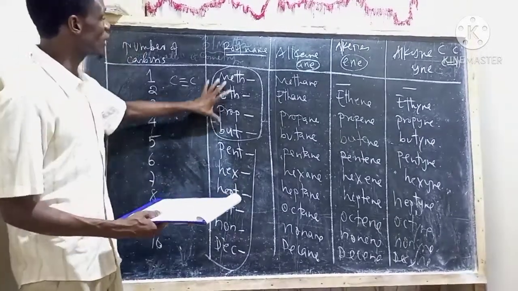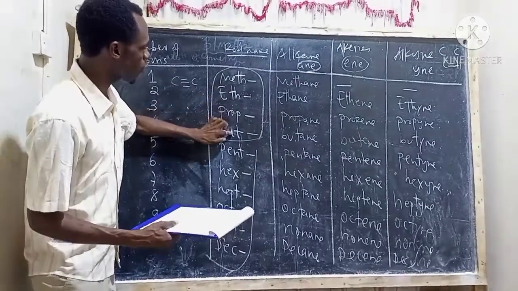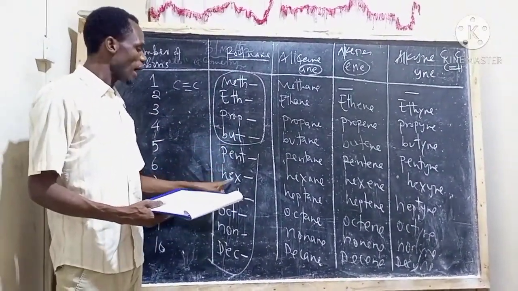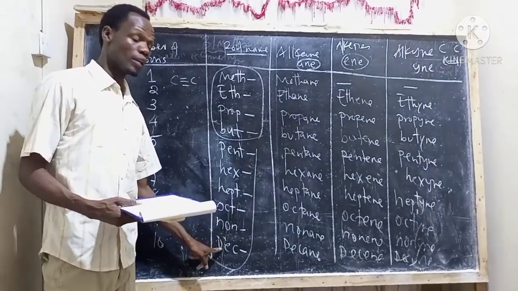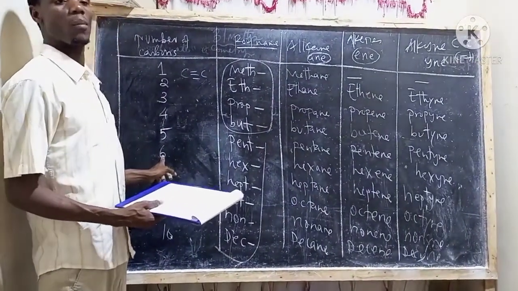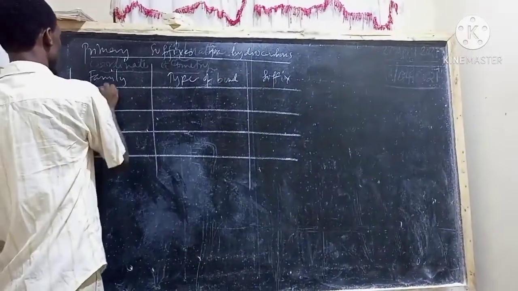Now these hapa ni special root words. Now 1, 2, 3, 4 they are called special root words. But these are Greek numbers and they indicate the number of carbons. If now you're talking about the hydrocarbons, 6 carbons, you mean hex. For alkane,